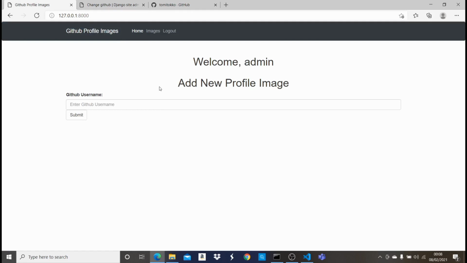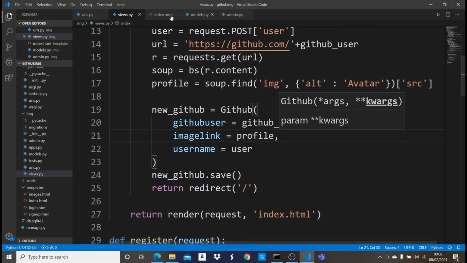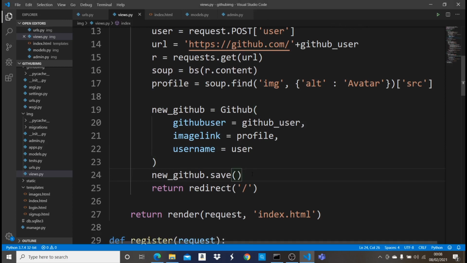So now what we just want to do is to first of all tell the user that it has been added. After showing the user that it has been added, we want that once the user clicks on images, you should see the list of images he or she has. So we're gonna come right here. I think we can send a message. So after saving, we can now say